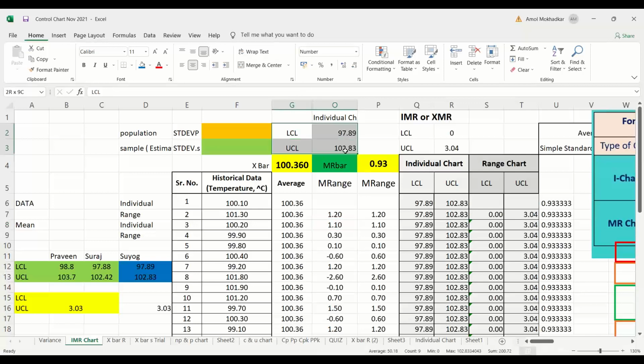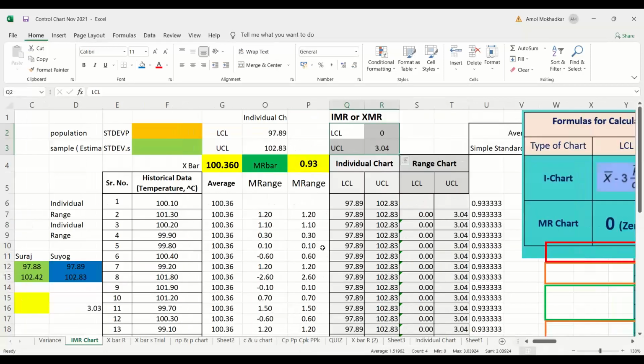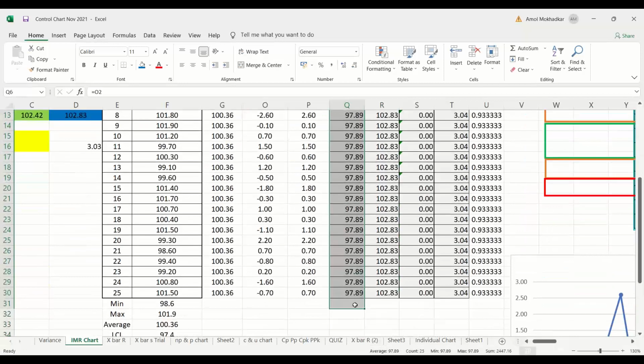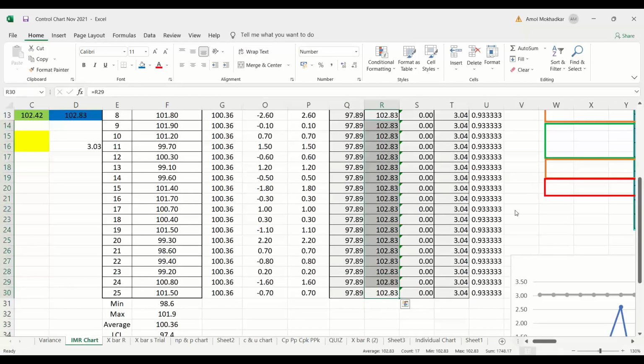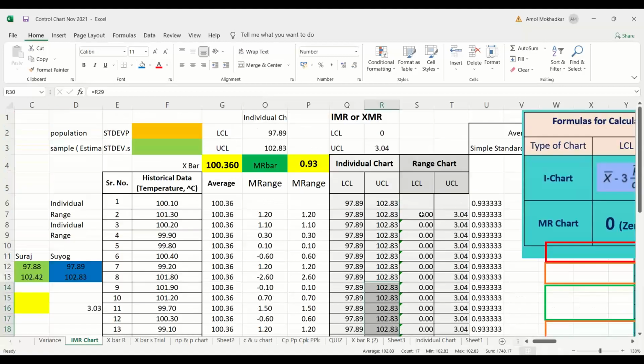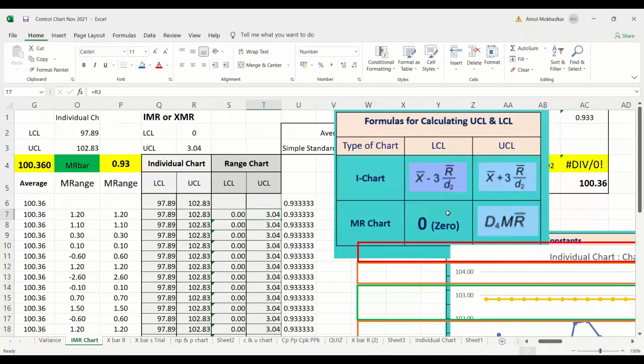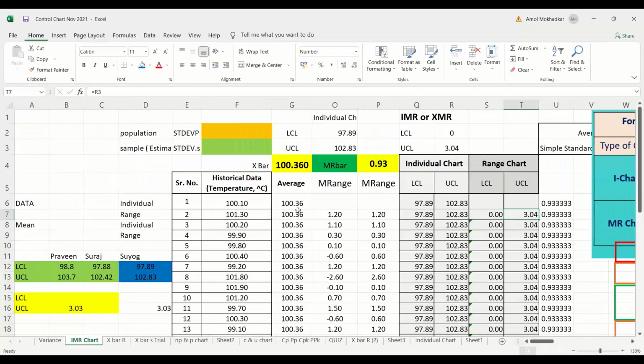Any doubt in this calculation, LCL and UCL? Now, how are you going to plot it? It's a simple line graph. What you do is, write the LCL 25 times here and the UCL here. Okay, LCL of the range chart, UCL of the range chart. Now you make a simple chart.